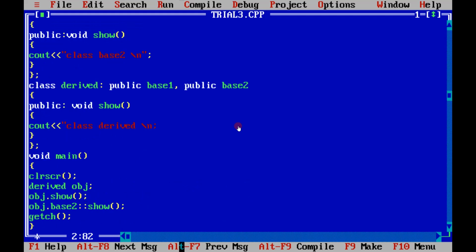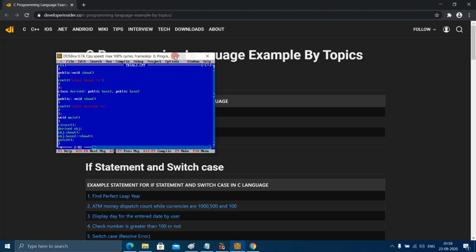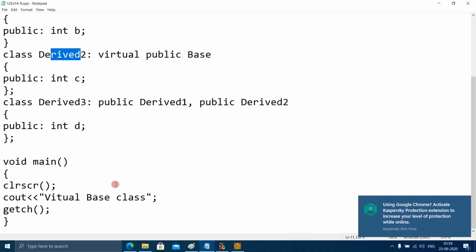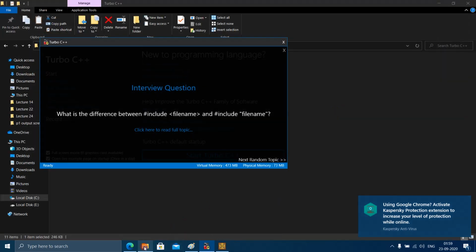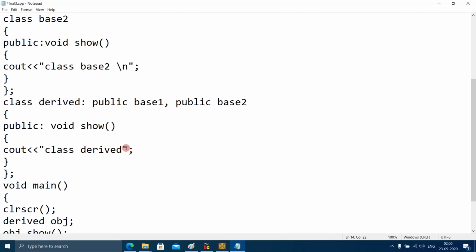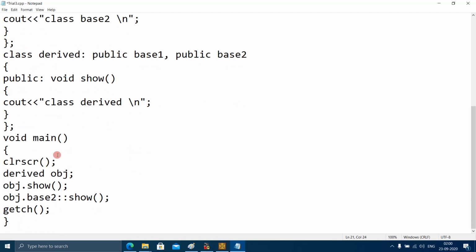So when we talk about this program, the execution will start from the main function.